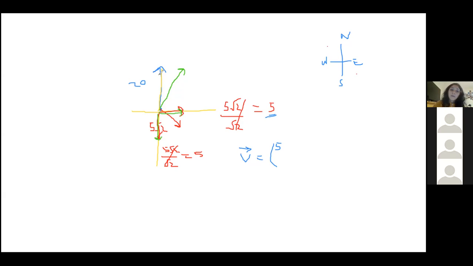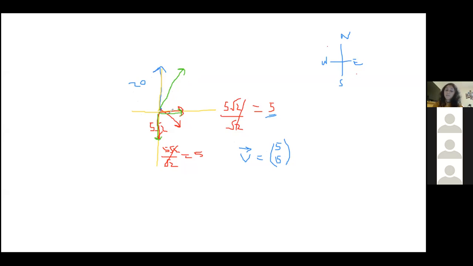So on the y-axis, we have something really interesting going on. The boat is going at a speed of 20 upwards or forwards, and there's a wind, but it's pushing it backwards by exactly 5. So these vectors are going in opposite directions. When you add them, you have 20 plus minus 5 because it's in the opposite direction, and 20 minus 5 is just 15. So we have 15.